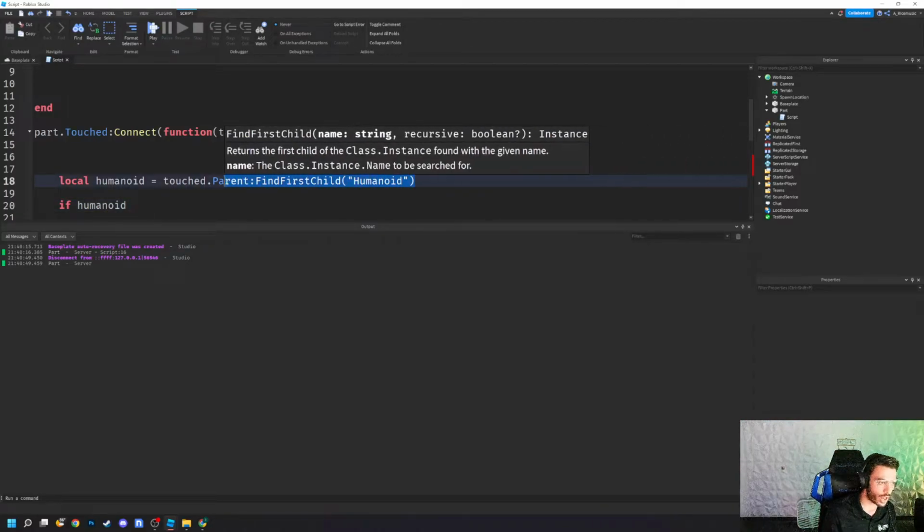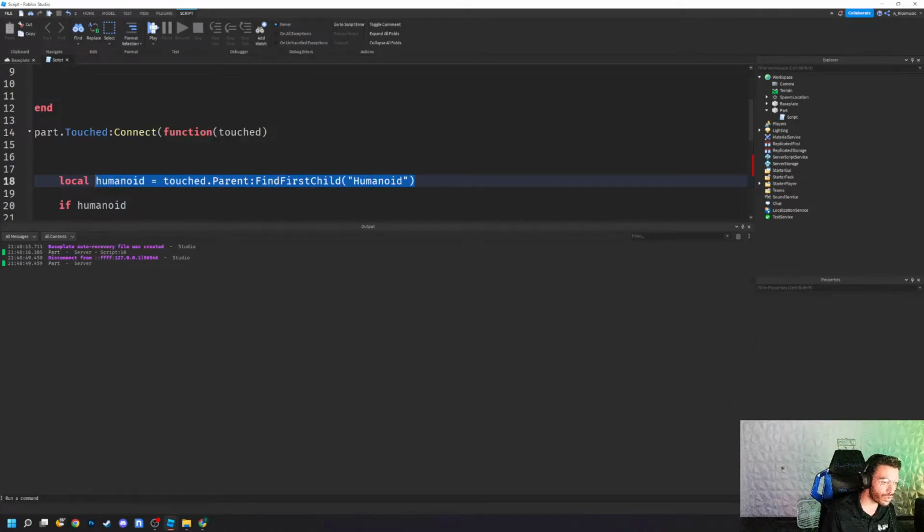This will return a Boolean. It will return either true, yes, I found a humanoid, and it will essentially assign humanoid as the character model here. So this could also be written as if humanoid does not equal nil. If there's no humanoid, then this will return nil. So if the humanoid does not equal nil, or for shorter, if humanoid, either of those statements work in the if-then logic, by the way,